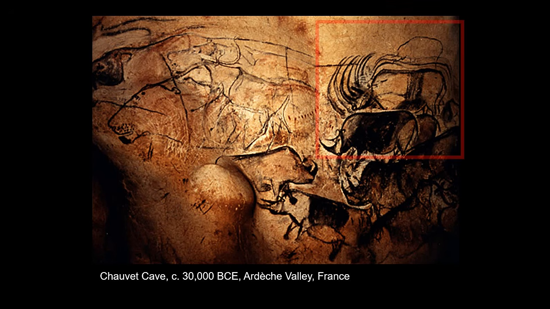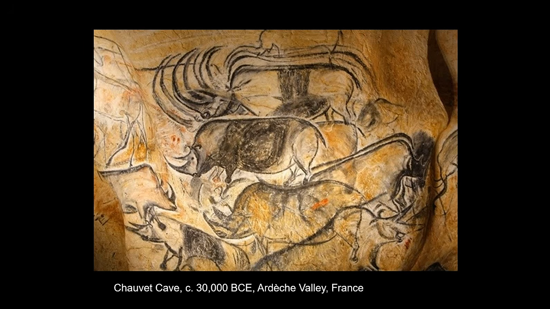And you can particularly see it in this scene. This is a scene of a woolly rhinoceros. And if you look at this woolly rhinoceros, he has been overpainted many times. You can see that that horn has been painted, what, 1, 2, 3, 4, 5, 6, 7, at least 7 times. And then his back the same. So what's going on here? Well,